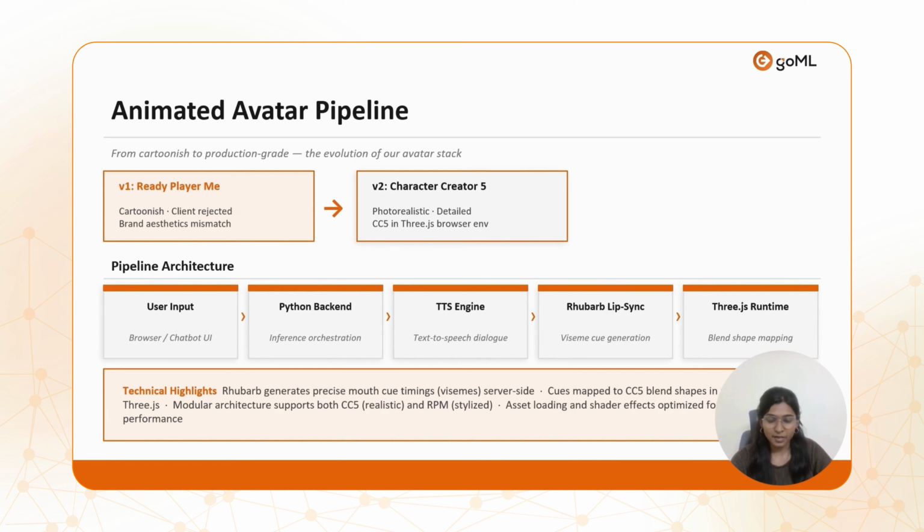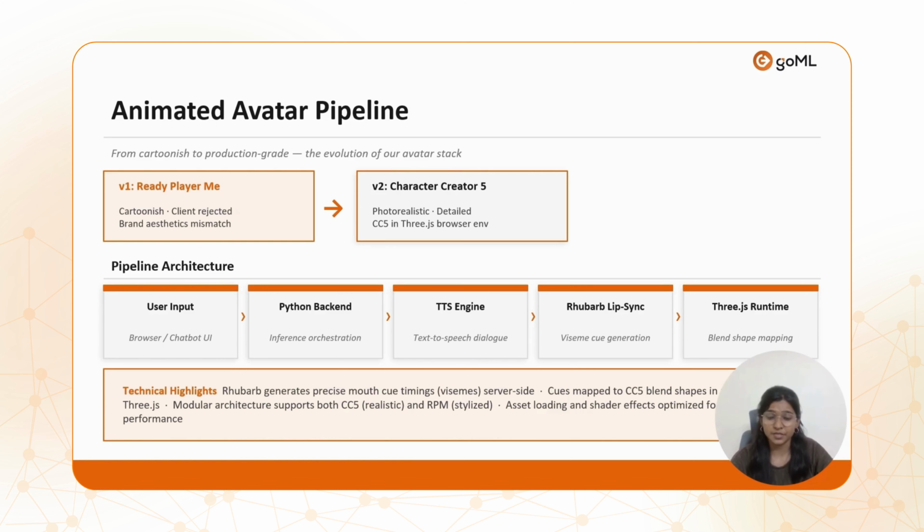And let me break down the architecture here. So the user input comes from the chatbot UI. A user types a question or a message. Python backend handles inference orchestration. It receives the input and coordinates all the processing. Next is the TTS engine, which is the text-to-speech engine, converts that text into speech, generating the audio dialogue that